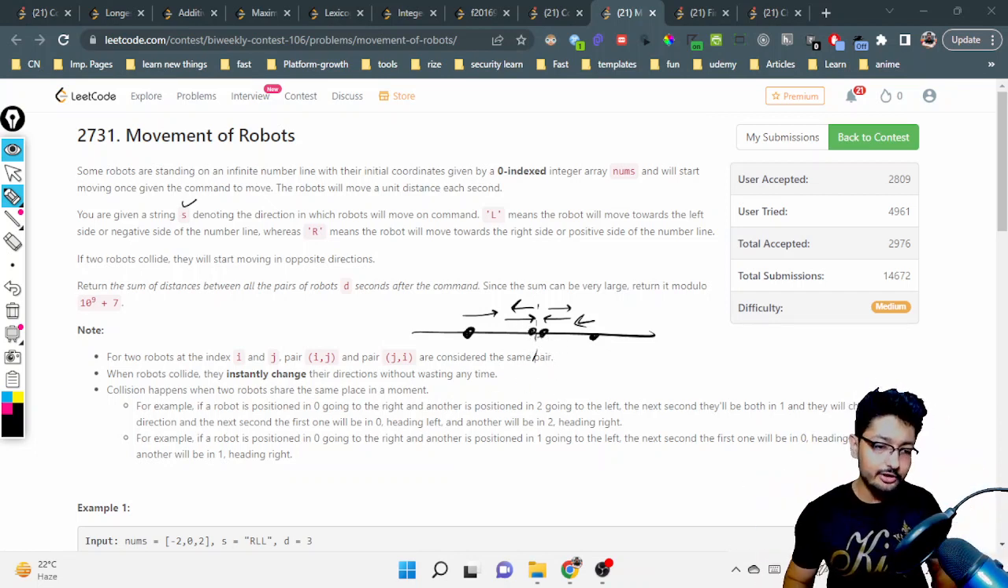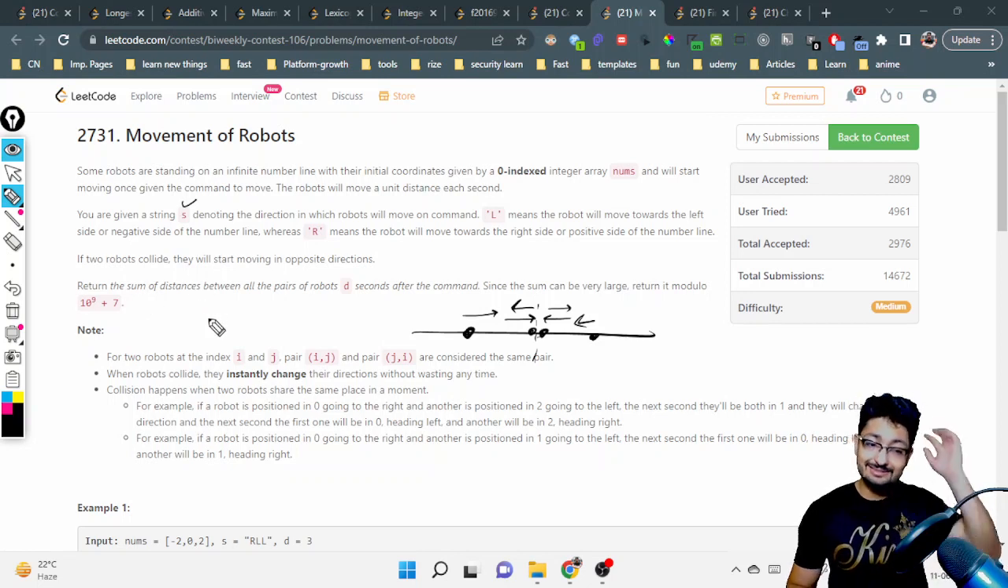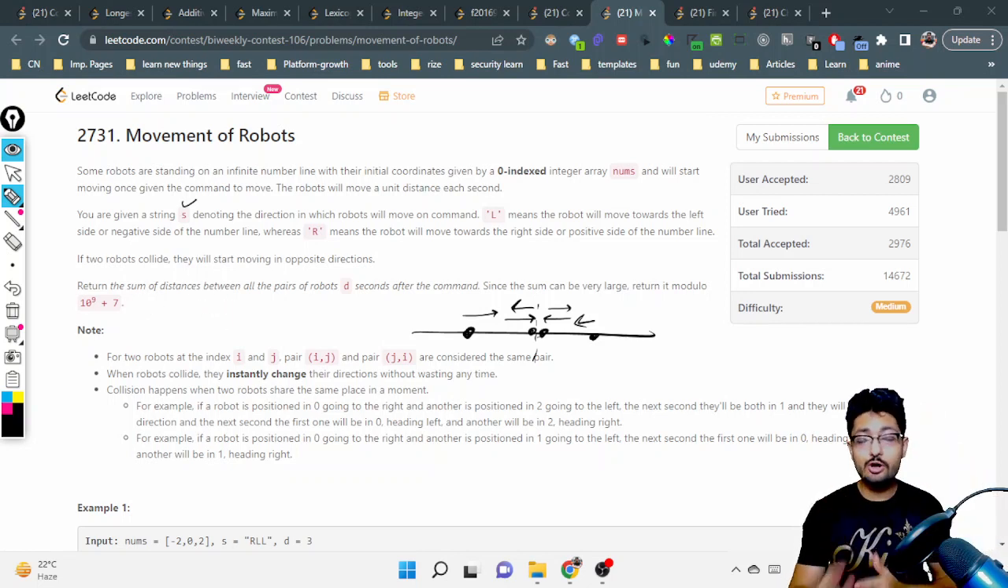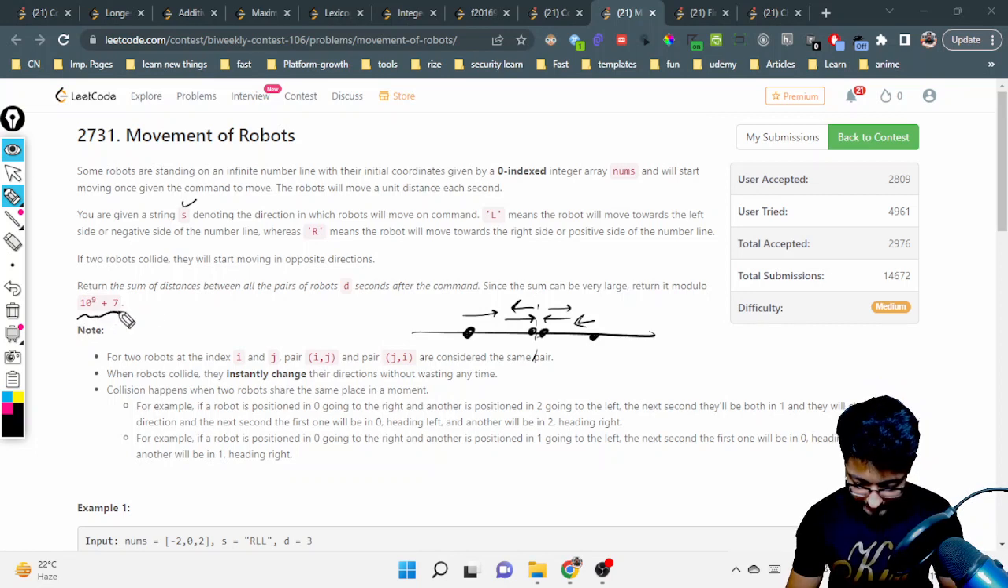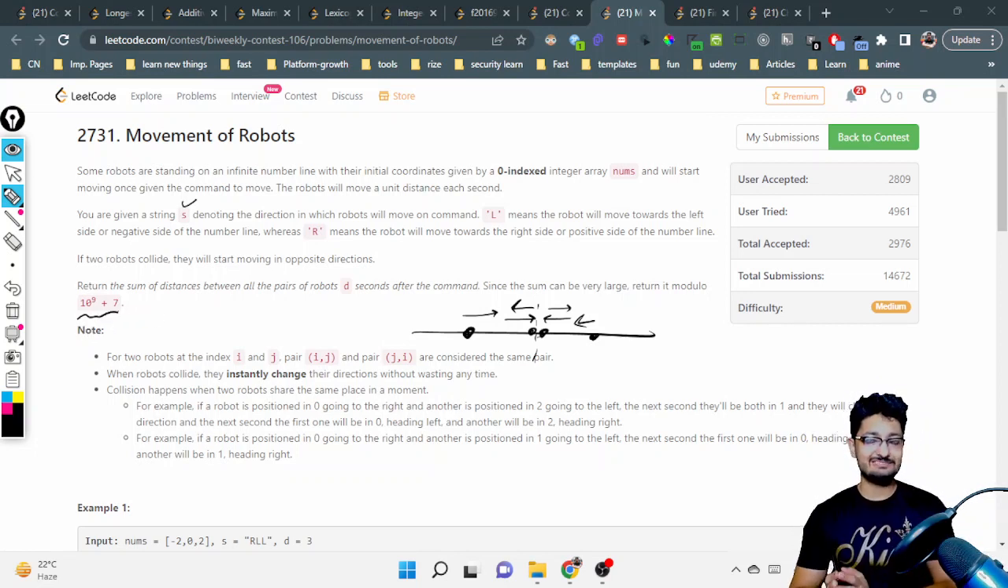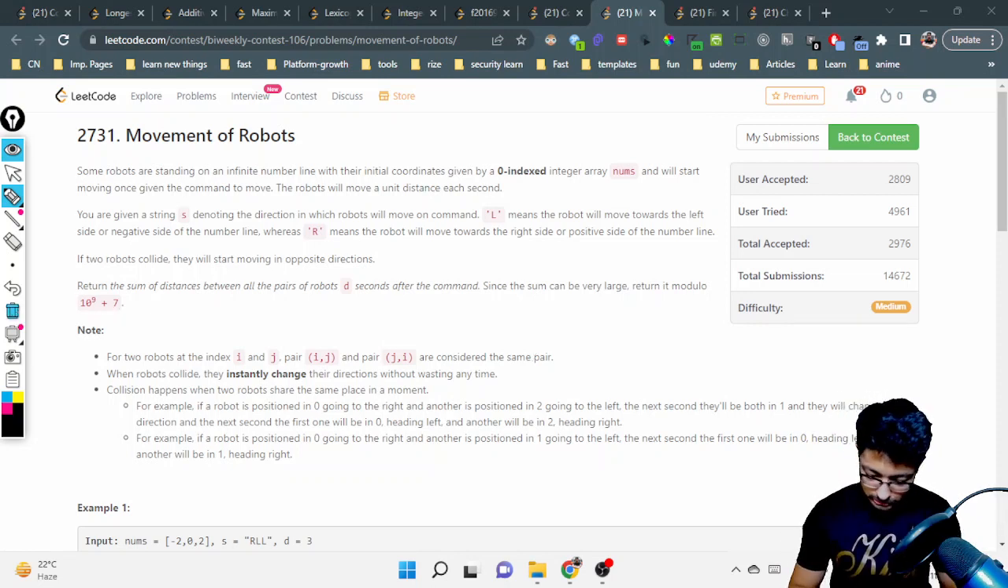Now your overall task is to return the sum of the distances between all the pairs of robots after these seconds have passed. The number can be pretty large, so you have to take the modulus of 10 to the 9 plus 7. That is the overall problem statement. Now it has multiple aspects, so you have to first uncover all the aspects one by one. It's a good problem, so we'll try to uncover all the aspects of how you can solve